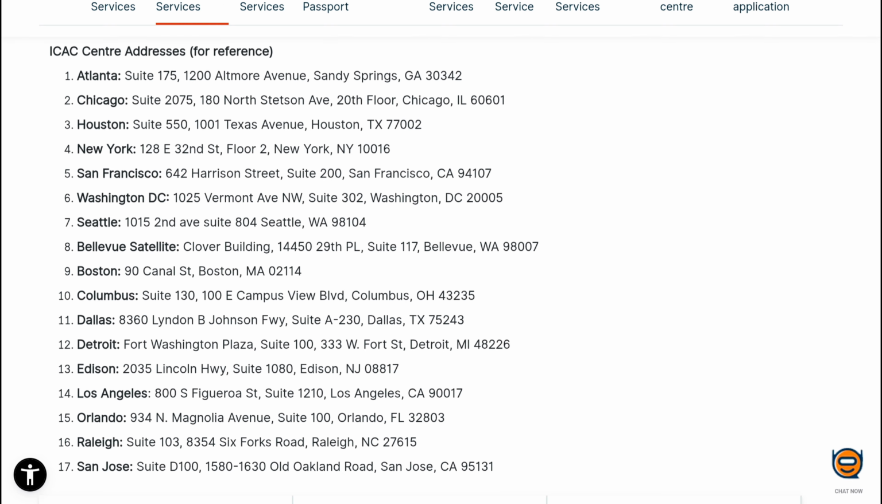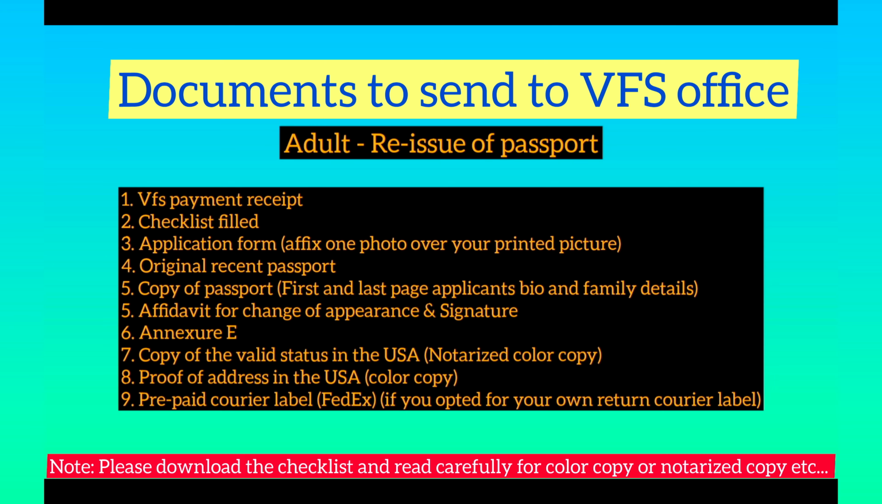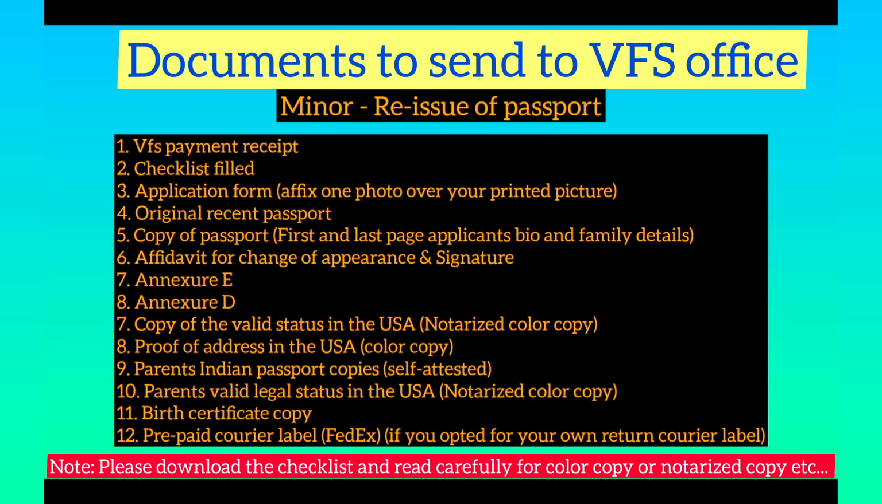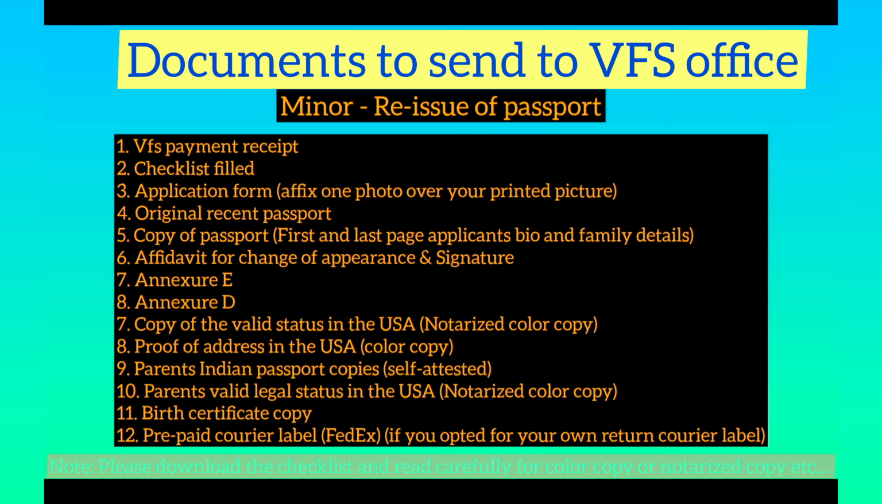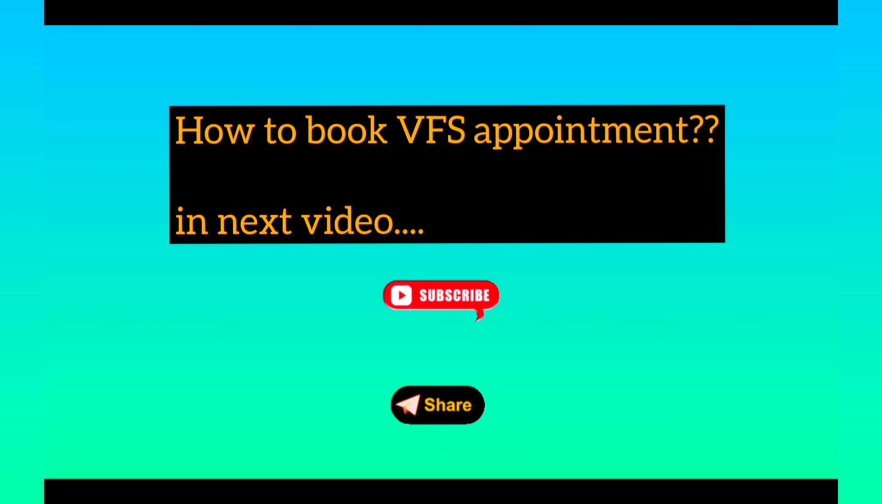So this is available in VFS Global website. I'm just pausing the video here, or if you want you can pause it and then get the address. So documents to send to VFS office. If you are an adult and if you are reissuing the passport, these are the documents. And just going through the minors passport checklist. Pause the video and take a note, please. So I'll let you know how to book a VFS appointment in next